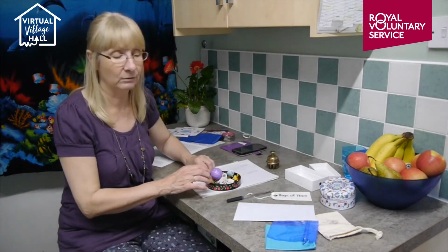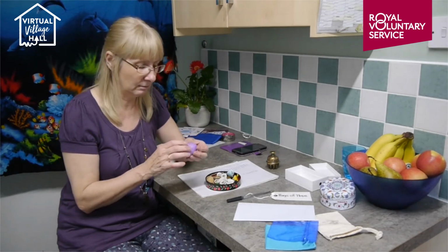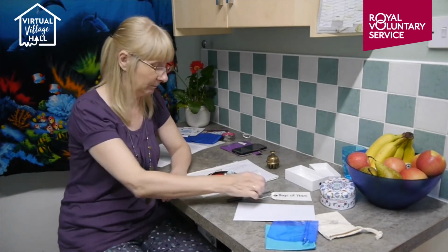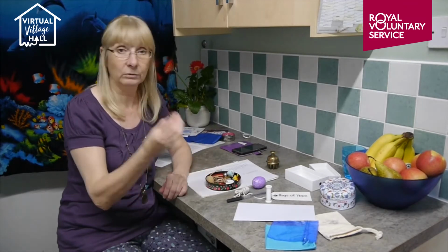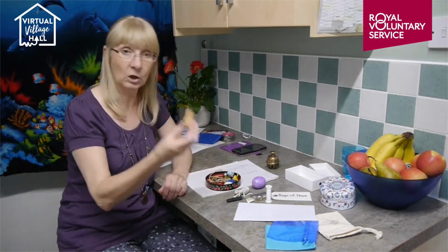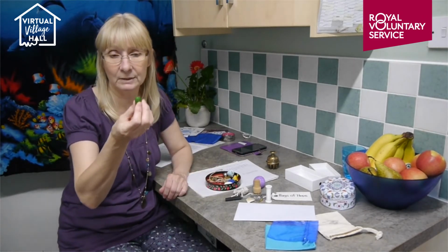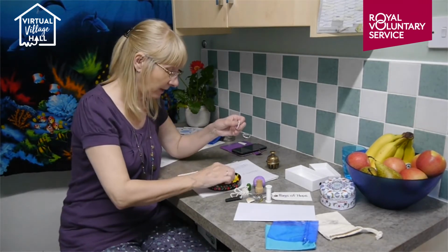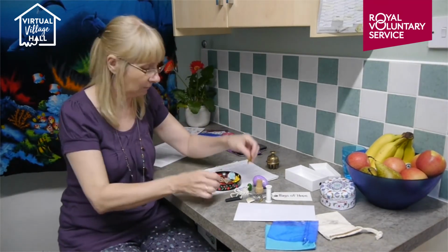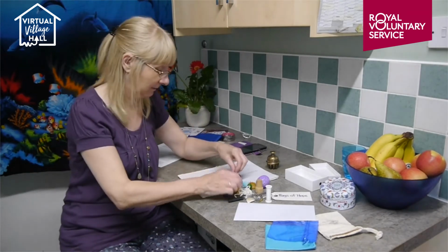So I've been through my drawer and these are some of the objects that I found. Now I'm particularly looking for things that are nice to hold for some reason. So this is a little raffle prize, a little Easter egg. I've got an empty bobbin from a reel of cotton, a piece of string, an old dice, a nice shell from the beach that's lovely to touch, a cork out of a champagne bottle, a strange bead, I honestly don't know what this is, but it's nice to hold, a couple of badges, some buttons, nice big buttons, nice colourful buttons, a little Easter chick, a Marie Curie badge, a pebble,